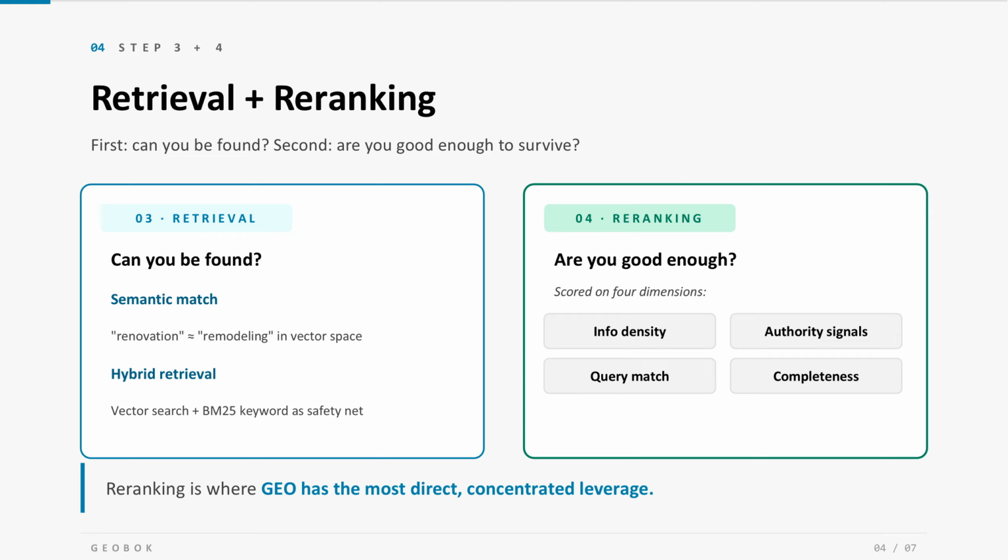Here's the contrast. Low score chunk: "We are a professional home improvement service company committed to providing high-quality renovation experiences. Trusted by clients, we are your ideal choice." Zero data, pure marketing fluff. High-score chunk: full-service renovation pricing, $150 to $200 per square foot